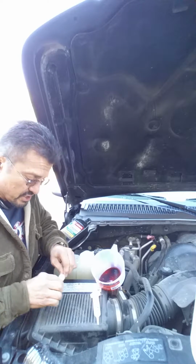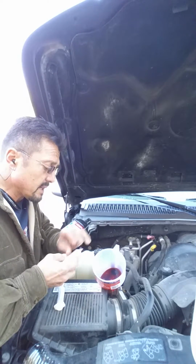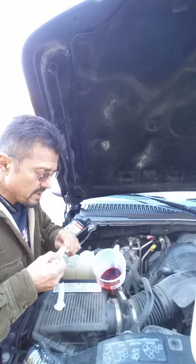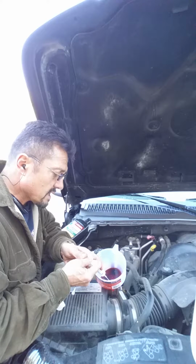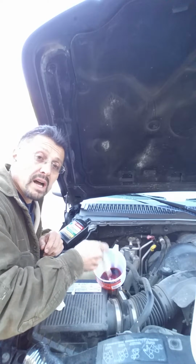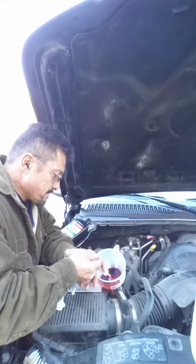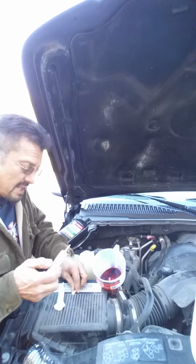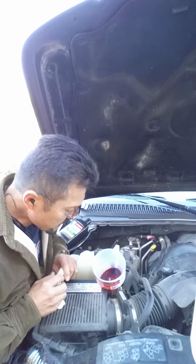putting it in this transmission because you don't change that transmission fluid all that often. Here goes the double application, because I want this baby to operate for quite a while. So I'm taking my time with this, and every little drop is like gold, so we don't want to lose that. I got 2 of these syringes put in there,